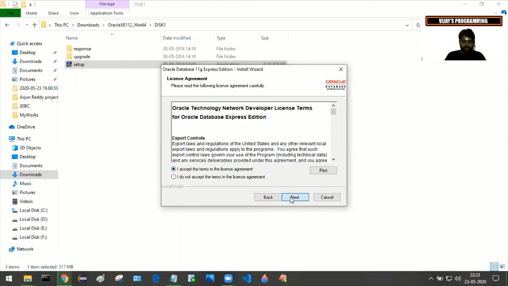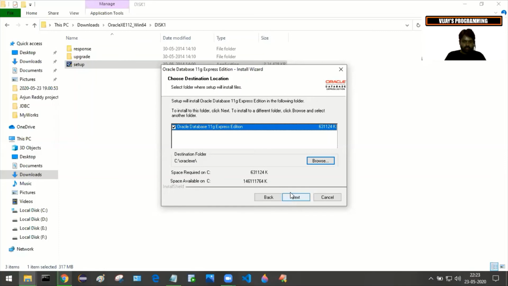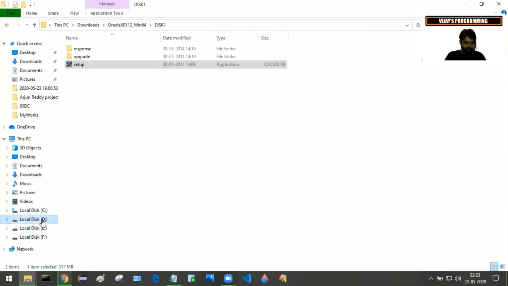click on next, and now I'm making some changes here to the installation location. I want to install this database software in the D drive. By default it is selecting the C drive. I don't want to install in the C drive.